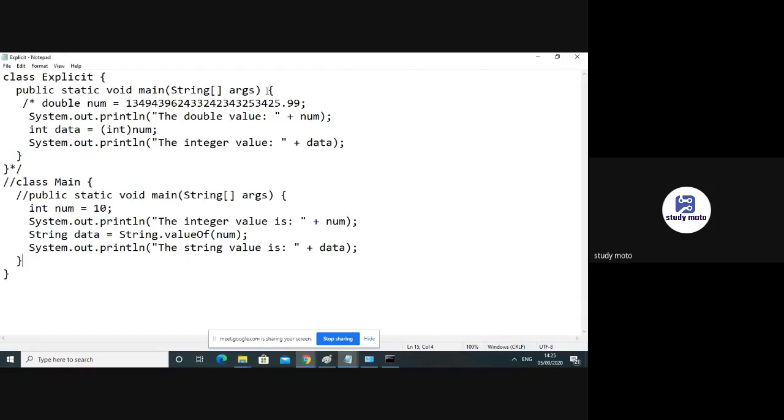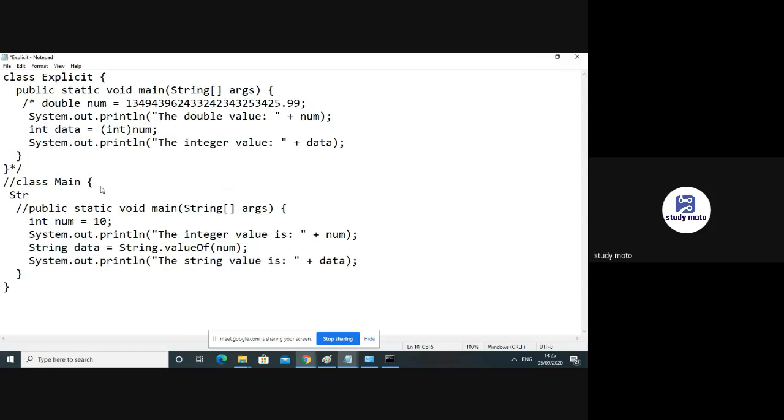I have just taken one number and I have converted that number. First thing is that if we pass the number in double quotes in Java, it is treated as a string.